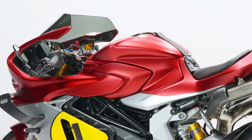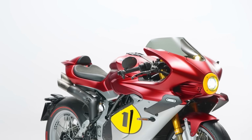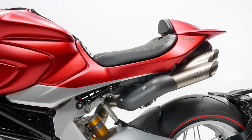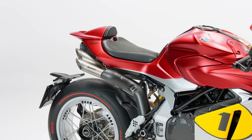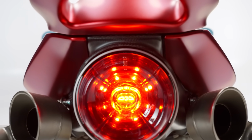Now, like I say, it uses the incredible Superveloce 1000 as its base, so you get the same inline 4, and it makes over 200 horsepower. The hardware on the rest of the bike is the best of the best, and also there's an absolute abundance of technology and features. What makes this one special, though, is the finish with the iconic red and silver paint job,